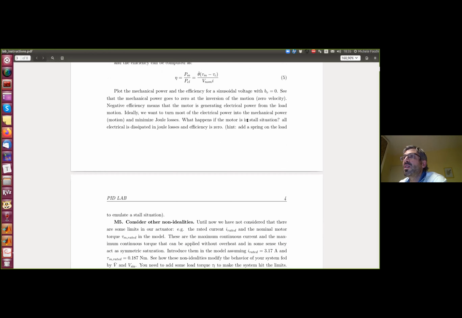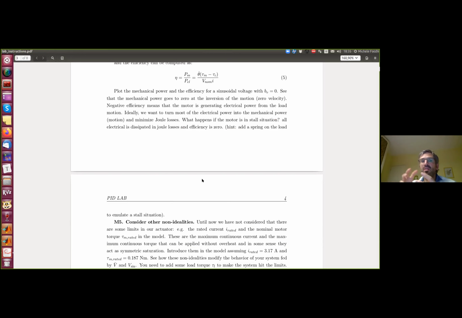In that case all the voltage drops into current onto the resistor and is wasted. There is a big waste in terms of Joule losses, because there is no mechanical power output, and therefore the efficiency goes to 0. To emulate this, we can add a spring on the load,